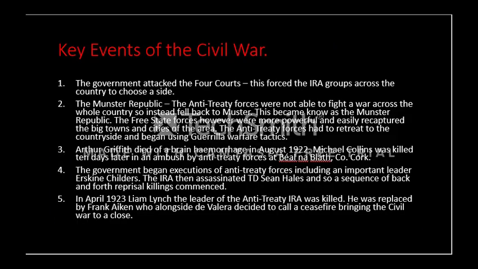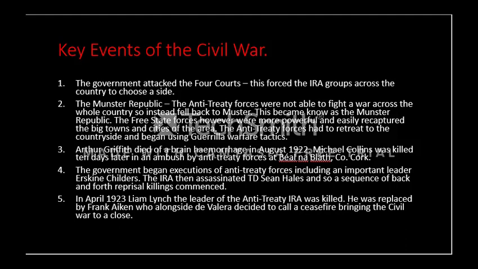Alright, so basically what happens is the Four Courts is too big of an issue to be ignored. The government need to deal with this, and they import artillery and ammunition from Britain in order to do so. And basically they start to shell the Four Courts. They force these Republicans out of the Four Courts. Fighting spills over onto the streets, and they're fighting for a few days, but eventually they do take the Four Courts back.